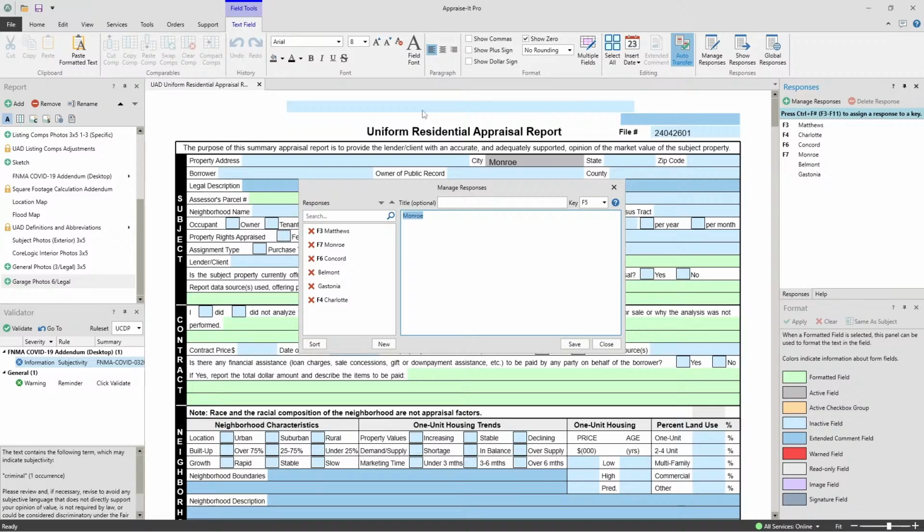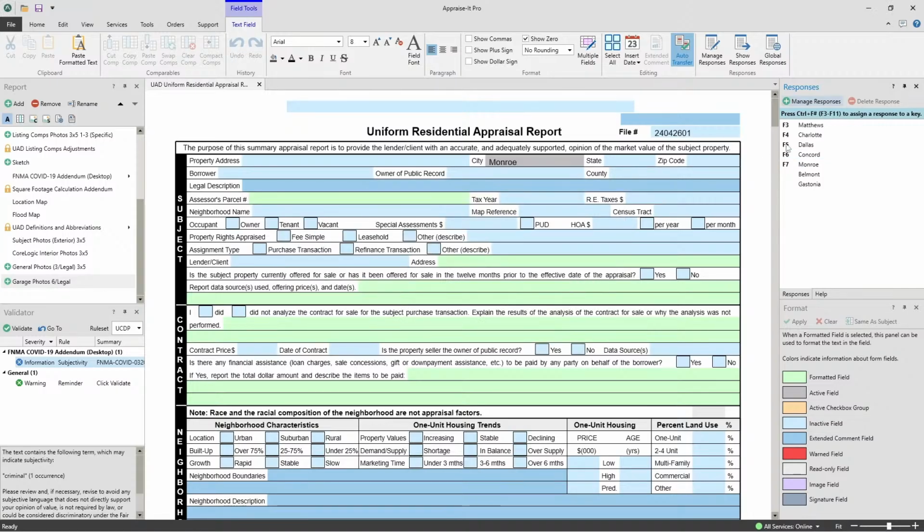Dallas. There is actually a Dallas, North Carolina. It's a suburb of Charlotte. So we'll do Dallas. We'll assign it F key, F5. We'll hit save, hit close, and there it is. There's Dallas. And then I can hit F5 over here,